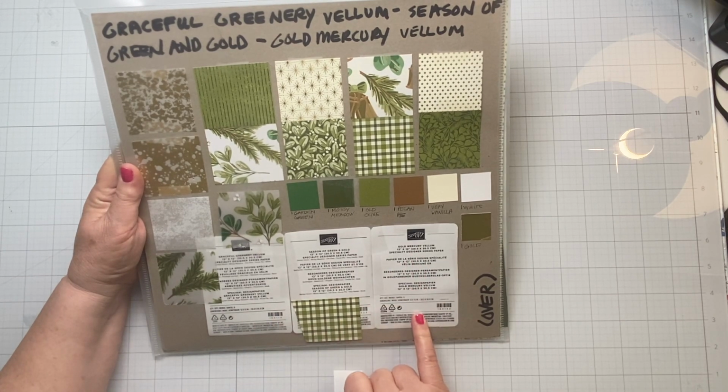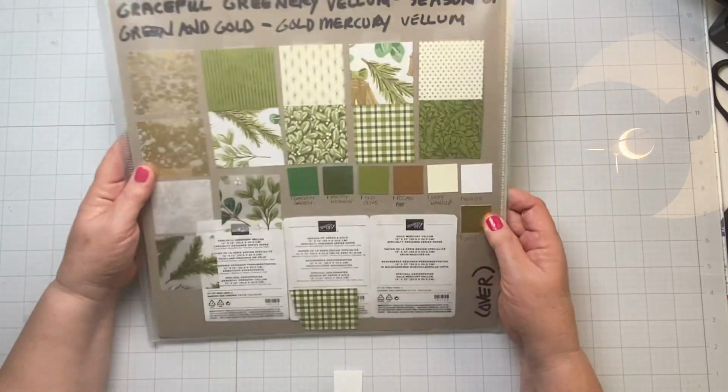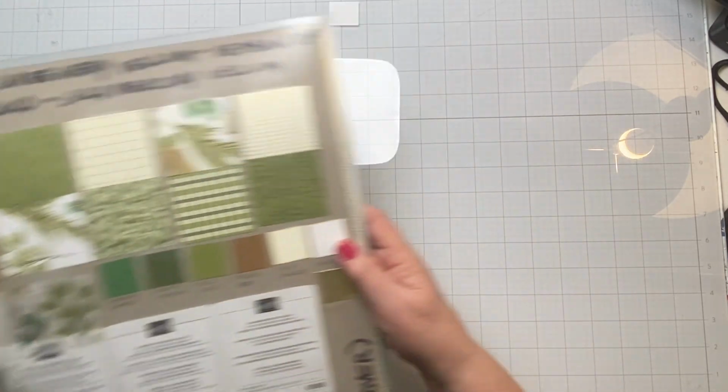And then there was some gold mercury vellum, which I included, and I put that in here. So that's how I keep the collection. And then today,